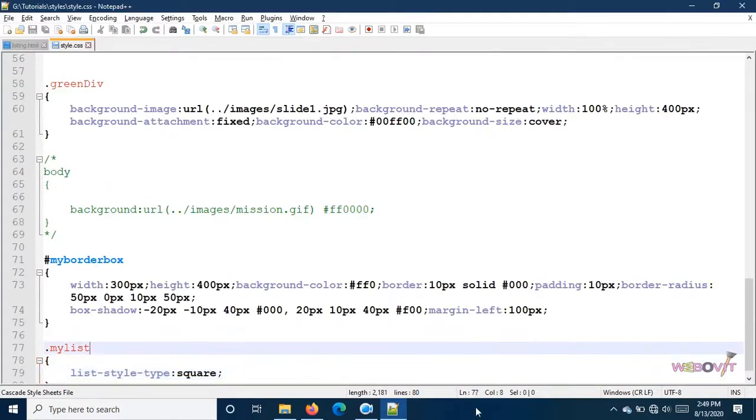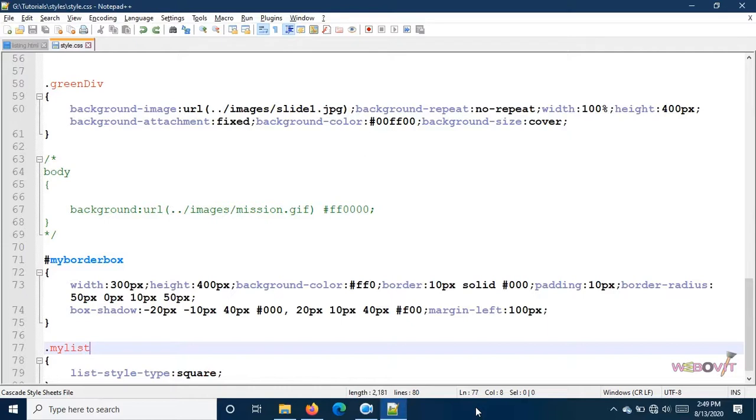Now instead of class, what I could do directly is this. The benefit of using a class is that suppose we have many unordered lists in the same file. We could give different styles to different unordered lists available throughout our page or throughout our files and various pages.